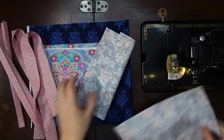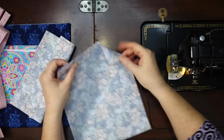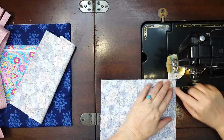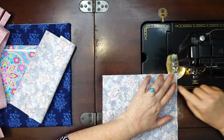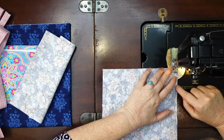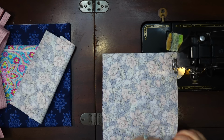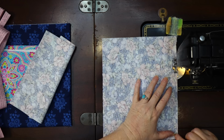So come on in, let's get to this burrito tote bag. Okay, we're at the sewing machine, and the first thing we're going to do is take our pockets. Now, all of the cutting instructions have been left in the show notes, but this part is optional, and I'm just going to run around a very scant 1/4 inch on this fabric, and I'm going to leave just the bottom undone